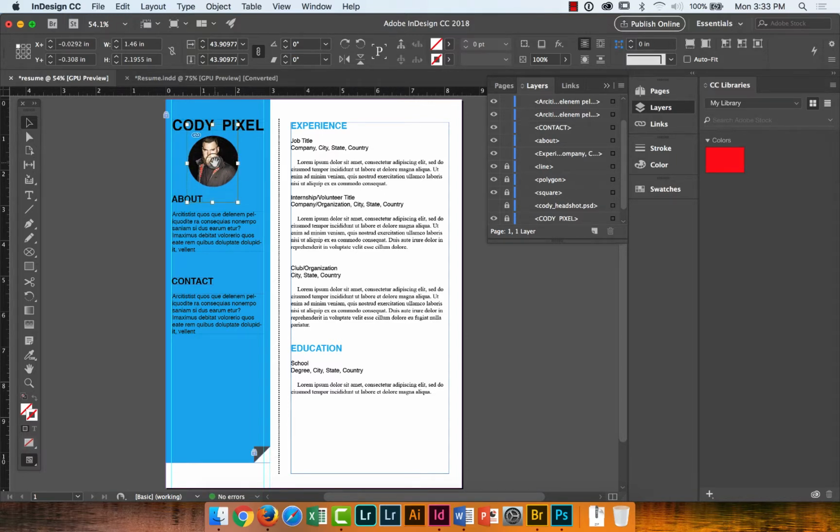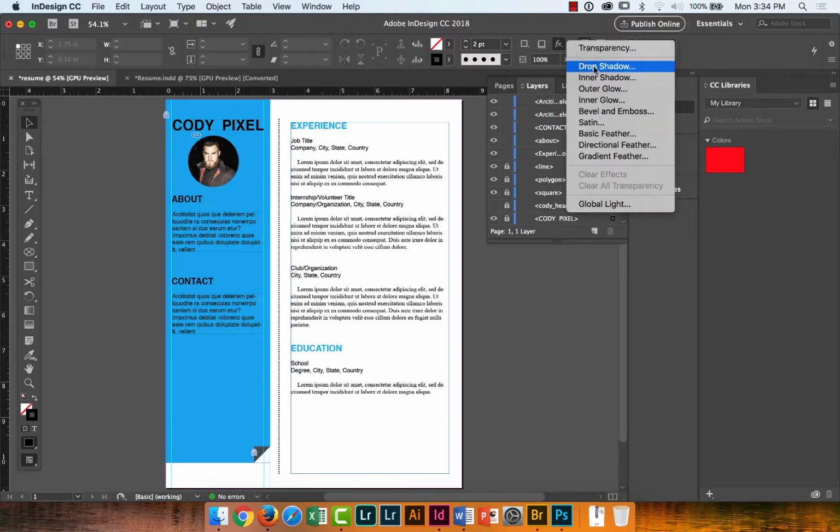And if I want to move it around, I click on the middle of that content grabber, and I can click that and move it there. And then if I want to deselect it, I just get my selection tool and click in the gray area. Does that make sense? Now, how did I add a drop shadow like I did before? Exactly. Go to the effects icon. We select drop shadow,